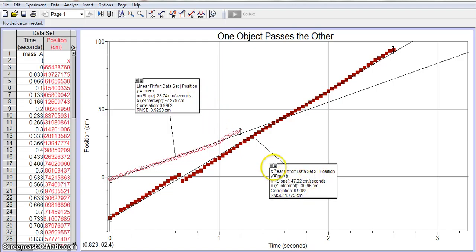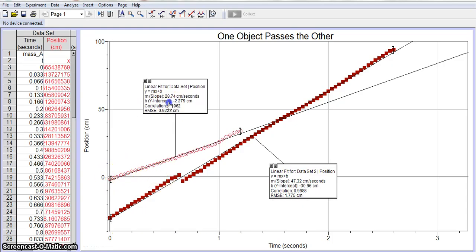Obviously, the difference in slope represents the two cars' speed, in that for every 1 second that this car traveled, its position changed steadily in a positive direction by 47 centimeters, or you could say that it traveled 47 centimeters per second. And this y-intercept right here means that at 0 seconds the car's position was at negative 31 centimeters,